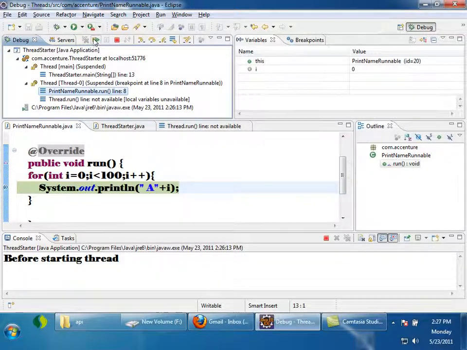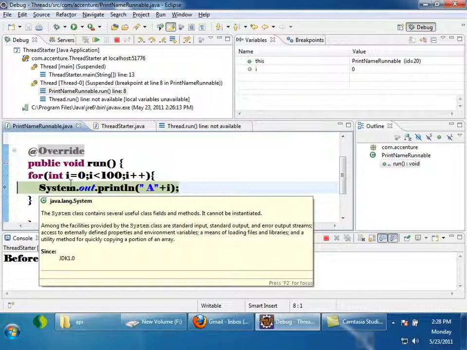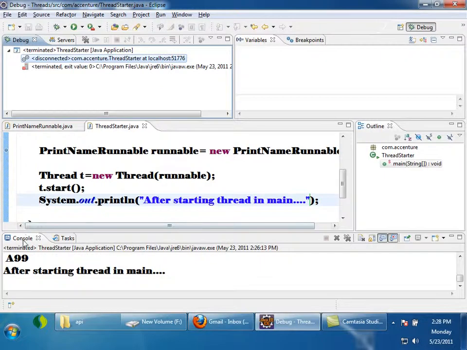Now if I press F8, F6 means go to next line and stop. F8 means continue until it finds next breakpoint or till the end of the program. Now what I will do is, I will double click here. The breakpoint is gone now. If I press F8, again see, it came here because in the main thread I kept a breakpoint. Again it breaks here. Again if I press F8, it terminated. See the outputs?